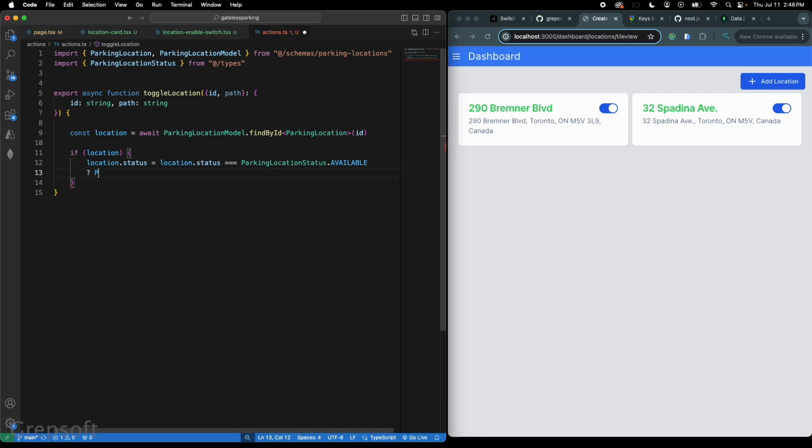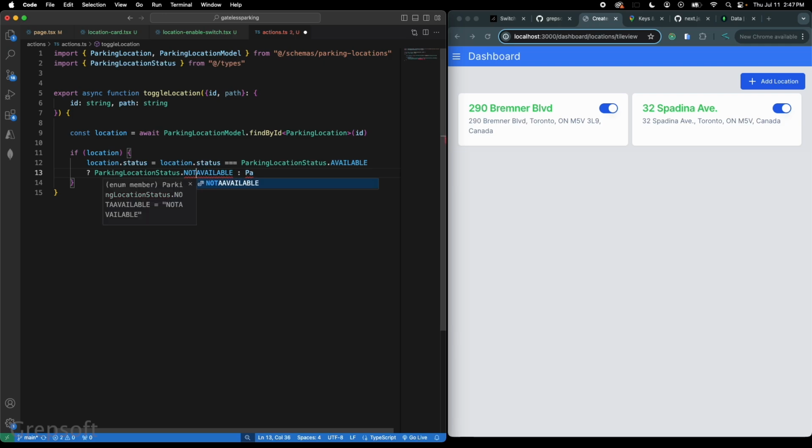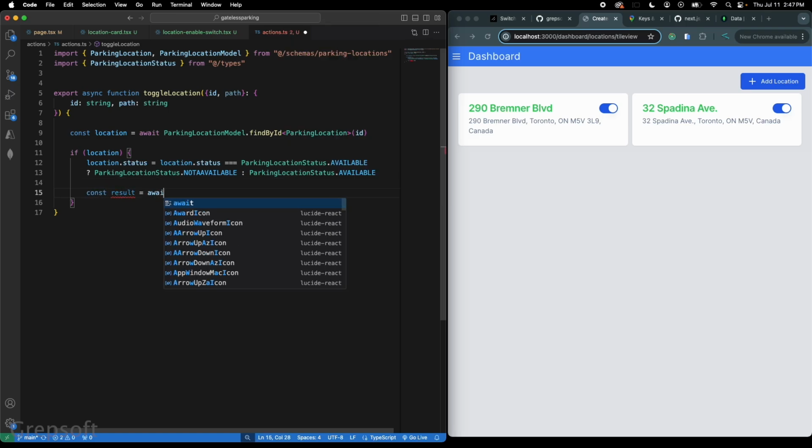Then what we do, we say parking location status dot available, right? Otherwise, sorry, not available, because we're just toggling. Okay, and let me do it this way. Otherwise parking location status dot available. Cool. So that's that. And then what I can do, I can say const result is equal to await